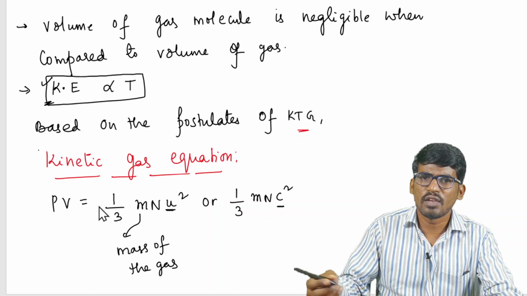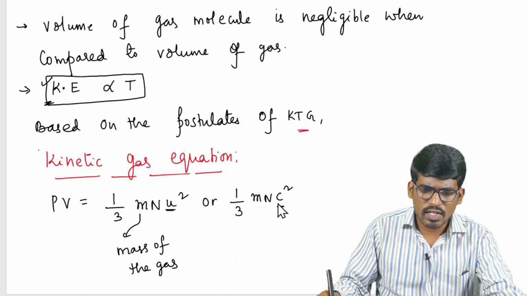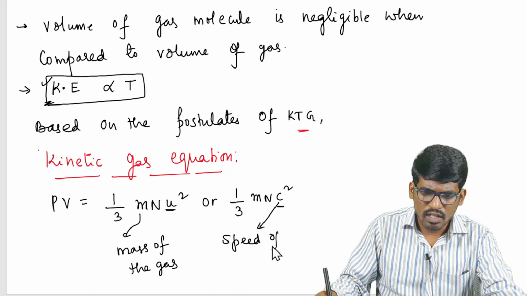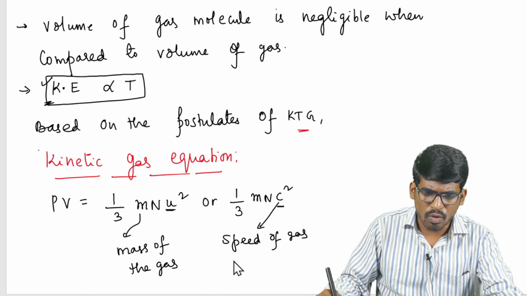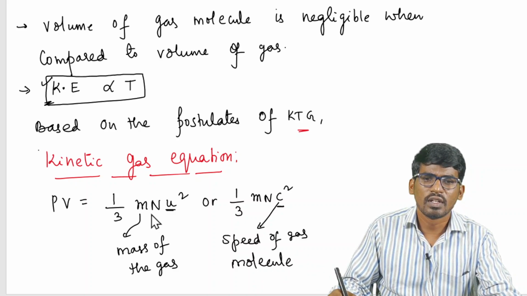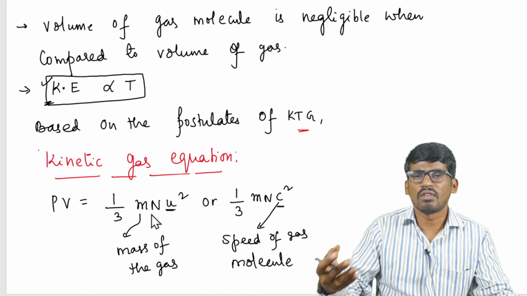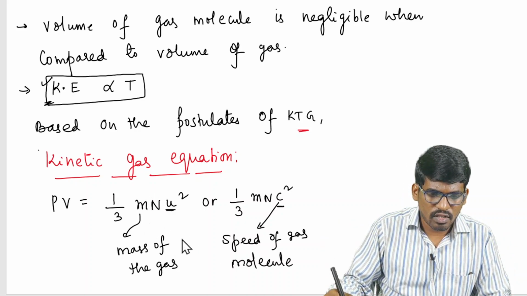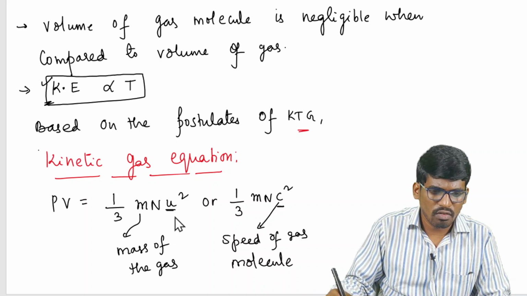It is taken as the speed of the gas molecule. That is what we call the RMS speed, root mean square velocity. So m is the mass of the gas molecule, u is the speed of the gas molecule, and n